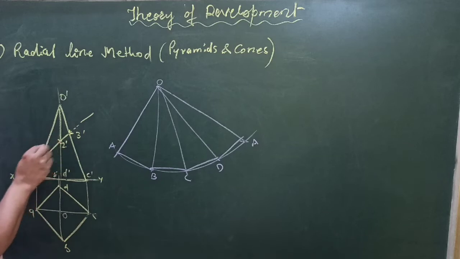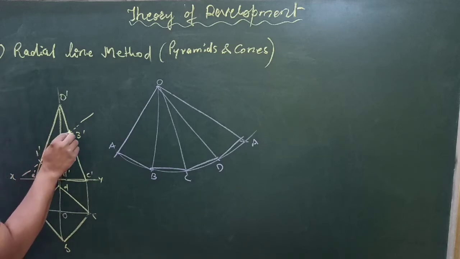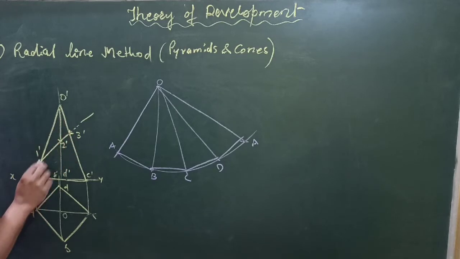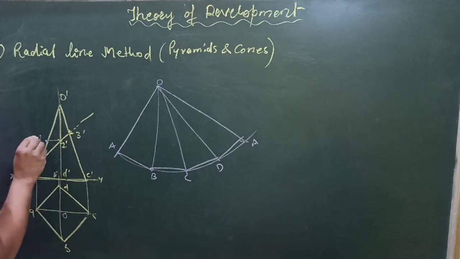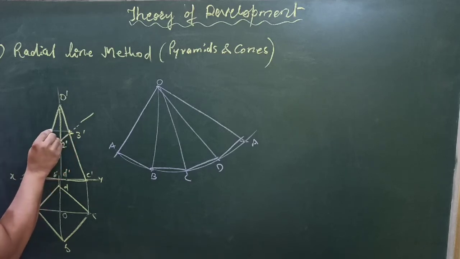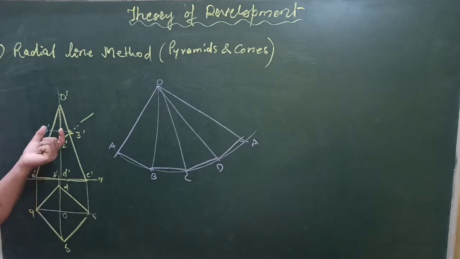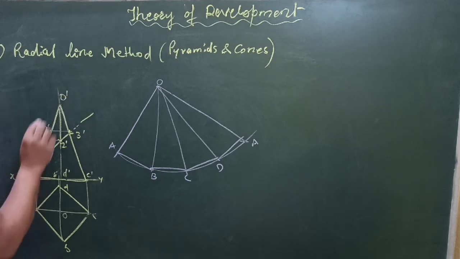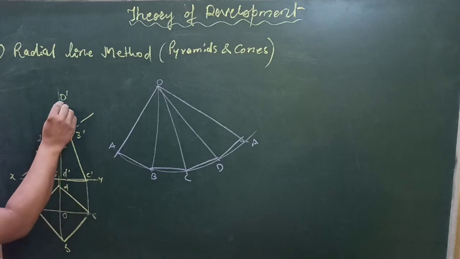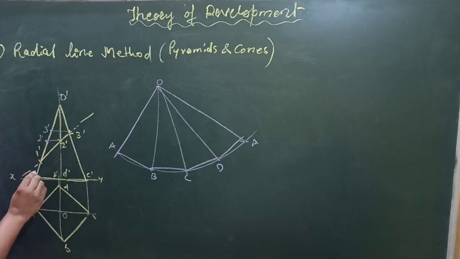Now we have to consider this cutting plane also. So first, drop all these cutting distances on any one of the lines, either O'C' or O'A', which is a true length line. This 2 has been dropped here, 2 3 also dropped here, by horizontal lines. You drop all these distances on any one of the lines which is showing true length, so O'A' or O'C'.